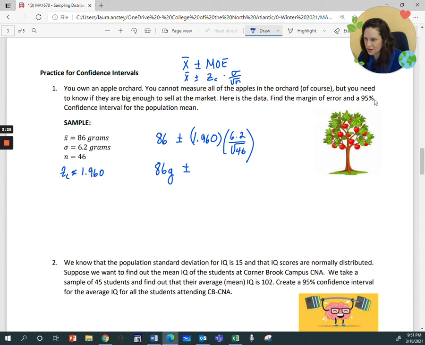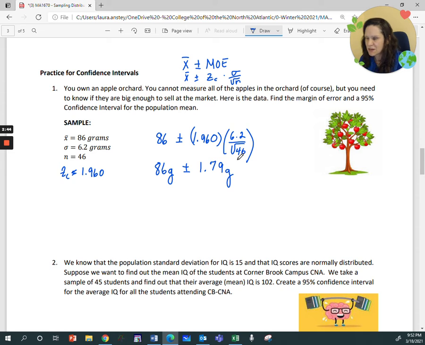What's the margin of error? Figure it out. Did you figure it out? I got 1.79 grams. Now, I haven't been too much of a stickler over the number of significant digits or the number of